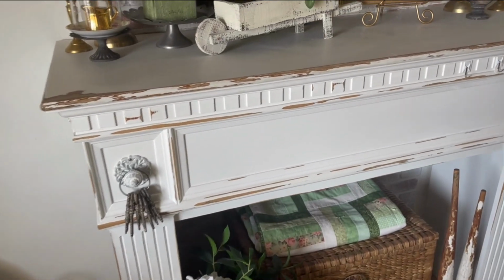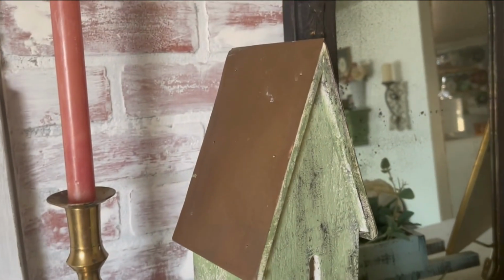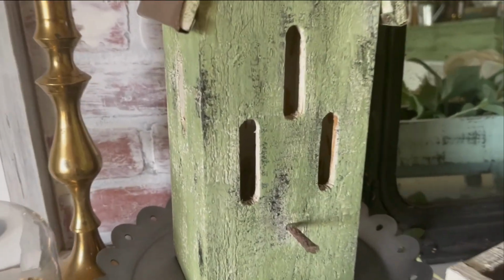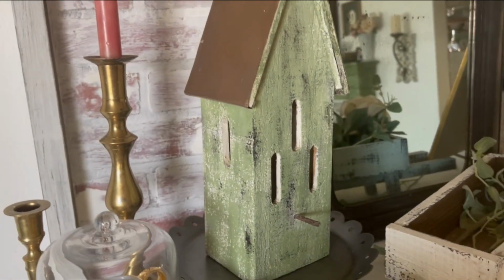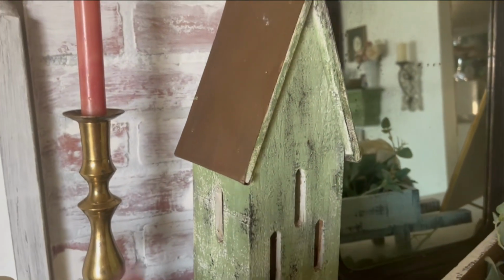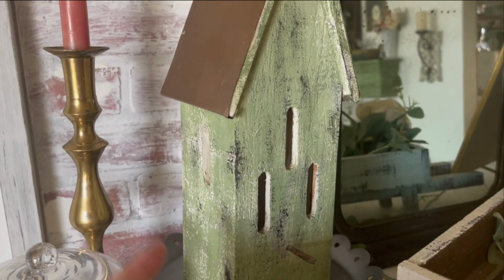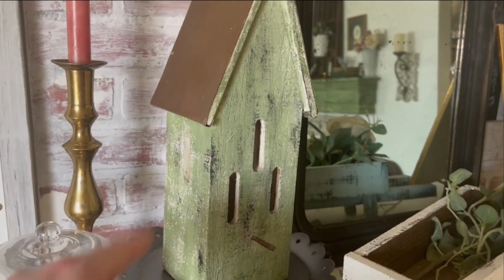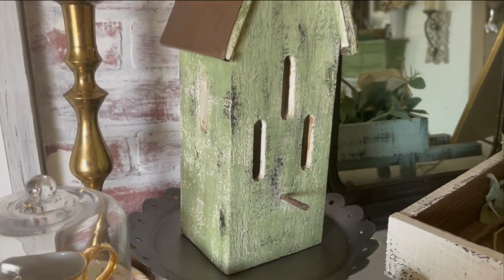And then I worked on a few things while Kevin was putting in the kitchen flooring. One of them was this, I guess you could call it a birdhouse, but how could birds enter and exit those small holes? So maybe it's like a little chapel, I don't know. I got it 15 years ago. It has a cute copper metal roof, but it was the cream color, and I added 2 different shades of green, a darker green, a lighter green,